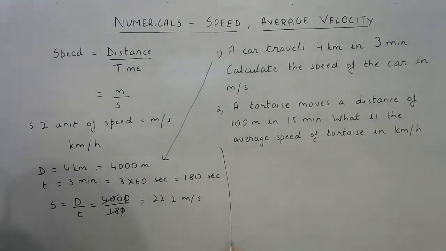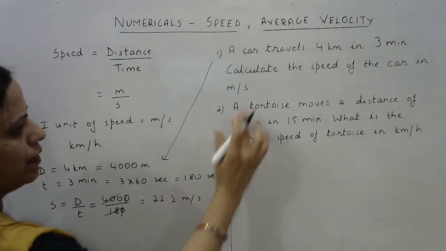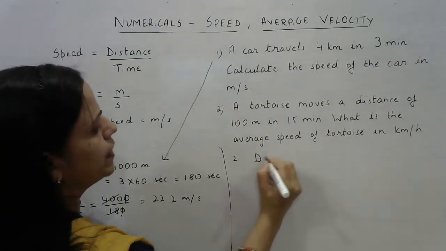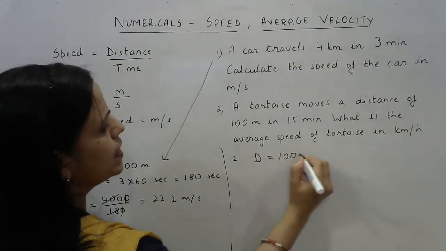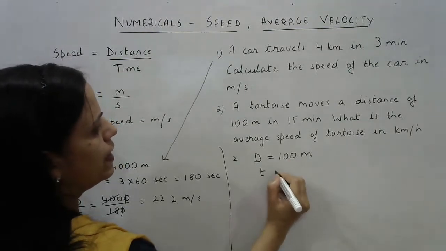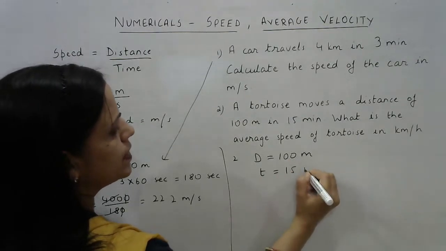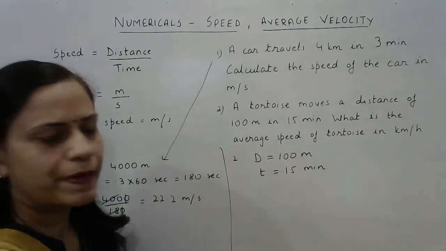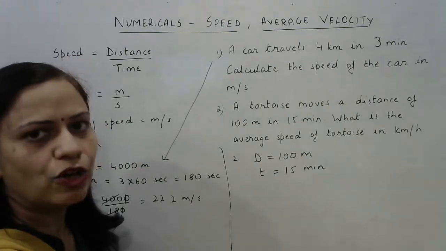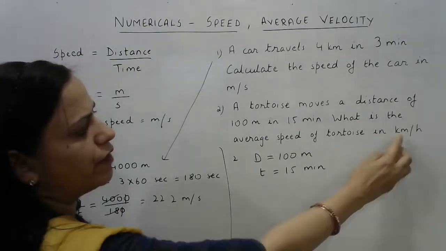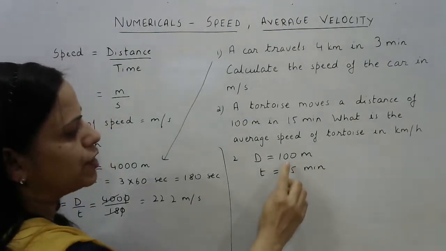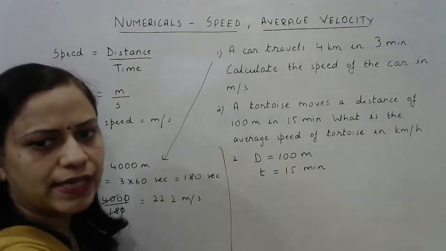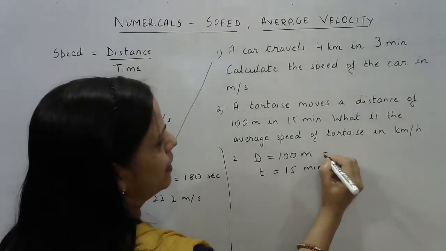Then coming to question number 2, this one I will be solving it here. A tortoise moves a distance of 100 meters. Over here the distance is 100 meters in 15 minutes. So the time is 15 minutes. What is the average speed of the tortoise in kilometers per hour? In this question you have to find the speed in kilometers per hour. So it is the other way around. We'll be converting meters to kilometers first. How do we convert it? It becomes 1000,